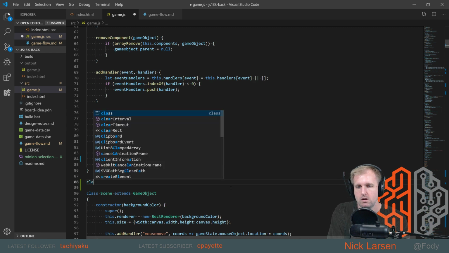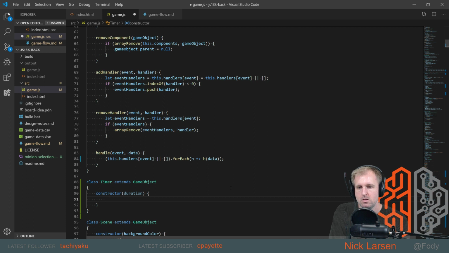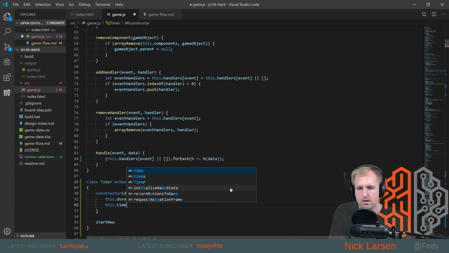So I want a class Timer extends GameObject. And then the constructor. We're going to have a duration, and it's going to be this.duration equals duration, and then we're going to have a start, new. We're going to have this dot